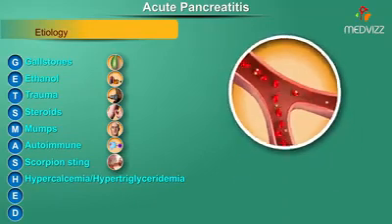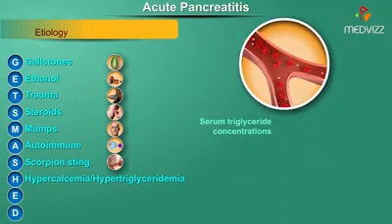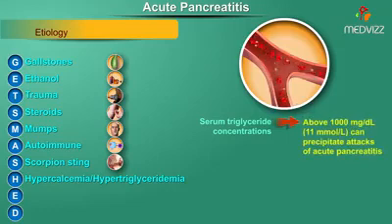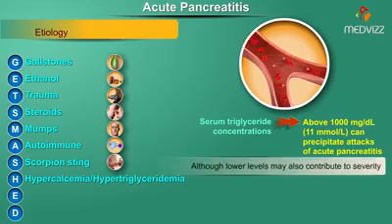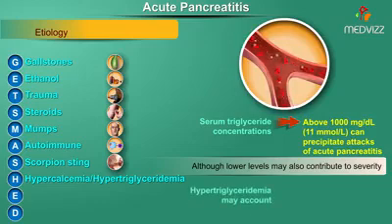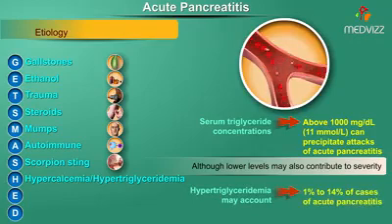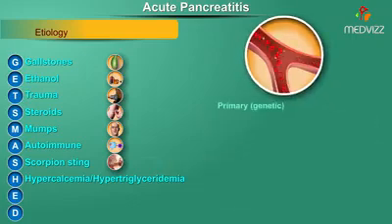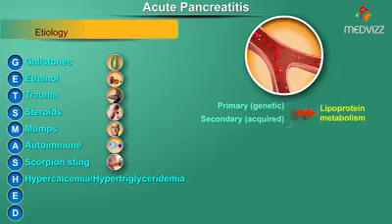Serum triglyceride concentrations above 1000 milligrams per deciliter, which is about 11 millimoles per liter, can precipitate attacks of acute pancreatitis, although lower levels may also contribute to severity. Hypertriglyceridemia may account for 1 to 14% of cases of acute pancreatitis. Both primary, which is genetic, and secondary, which could be acquired